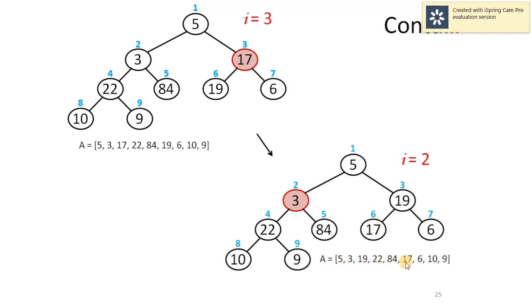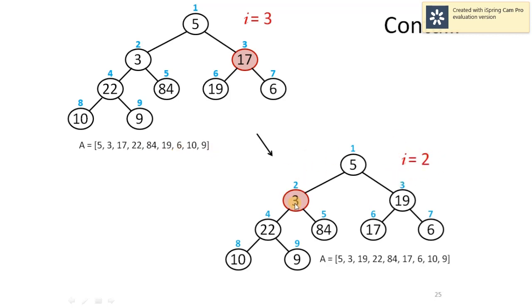Accordingly, you can change the array contents, because whatever we are doing with the tree, we are actually working with the index positions, which are nothing but the array itself. So we are actually swapping A6 with A3. You can observe here we have 19, 22, 84, 17, and previously there was 17, 22, 84 and 19. Now reduce the value of i by 1.